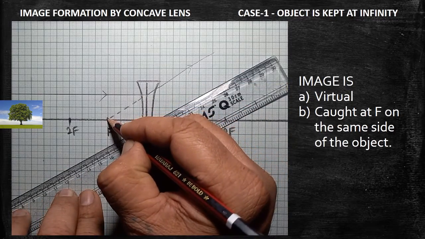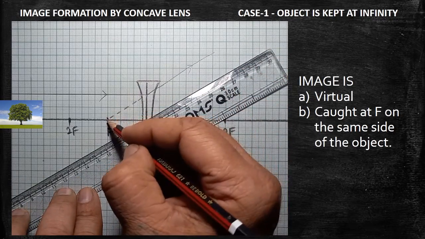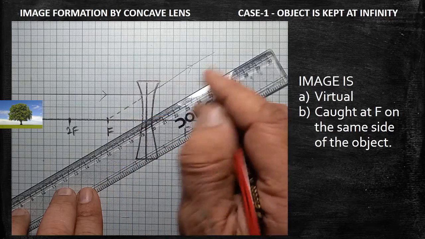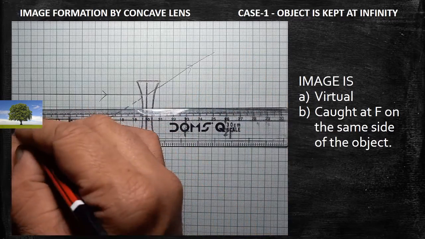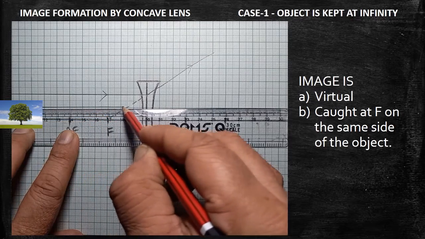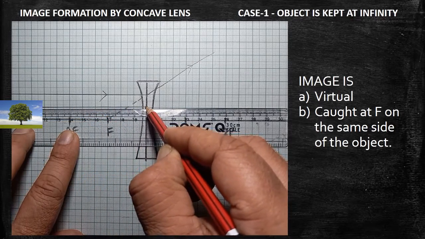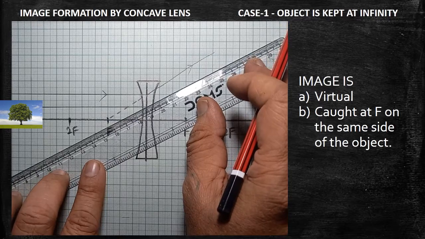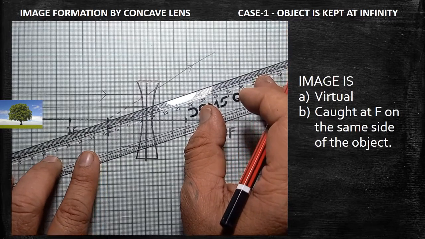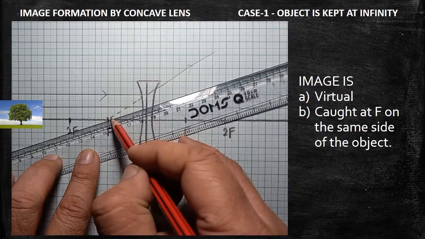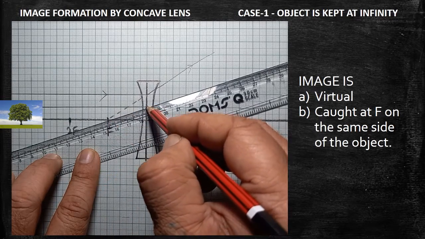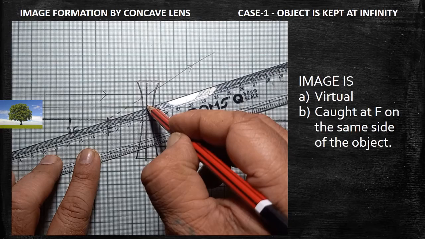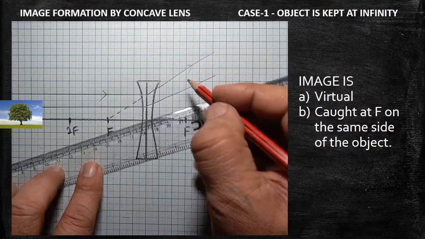So this is the principal focus on this side now. Are you clear? It appears to come from this principal focus. Now I can draw one more ray. If one more ray is drawn, you can understand it very well. It comes and it falls. It diverges. After divergence, it appears to come from this point. Therefore, this point and this point both of them must coincide, and you have to draw the diverging ray.